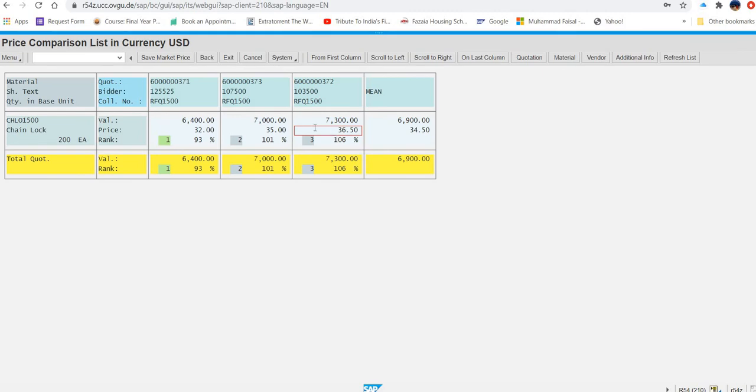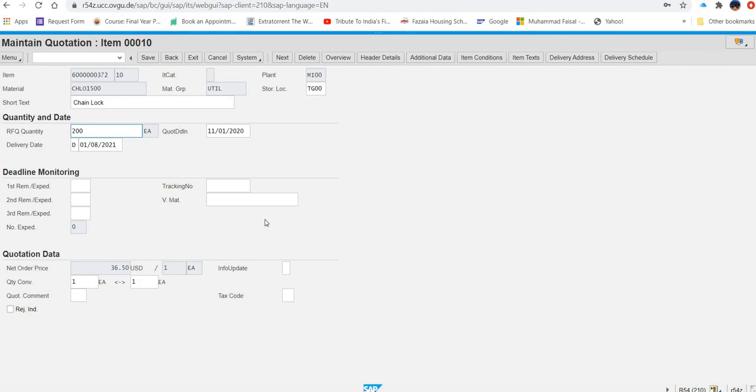So how you will do that? Let me see. Double click. You have to double click on this. And once you double click on this, see here reject indicator.